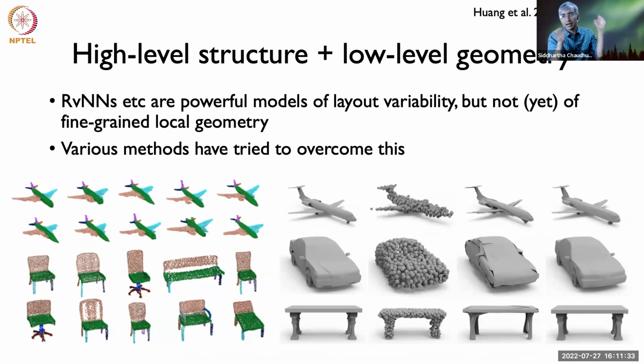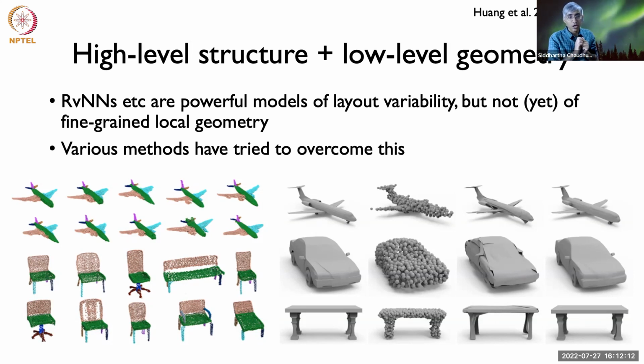This is in contrast to the low-level generative methods that we saw earlier, where you're trying to generate a point cloud or a voxel grid or a polygon mesh or something like that, which is not to say that those earlier networks don't learn high-level information. They do, but they learn it implicitly, as opposed to these methods where you explicitly inject this structural factorization into the network and make it deal with it as a first-order citizen